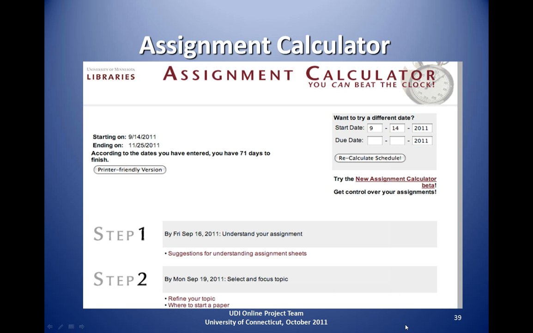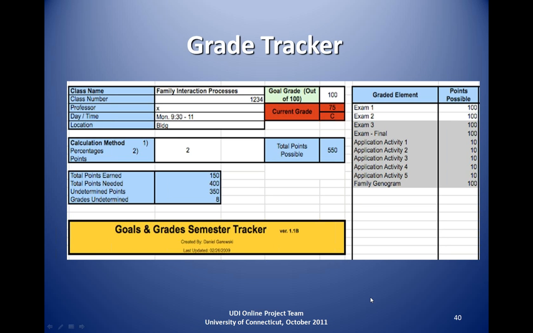So if you're doing a writing assignment, it tells you if you're starting today, here is what step 1 should be. This is what step 2 should be, by when you should be thinking of step 2, step 3, and so on. It is a really neat tool for courses that have writing assignments included that help students self-monitor their progress in getting to the assignment.